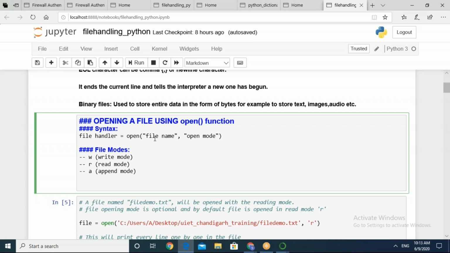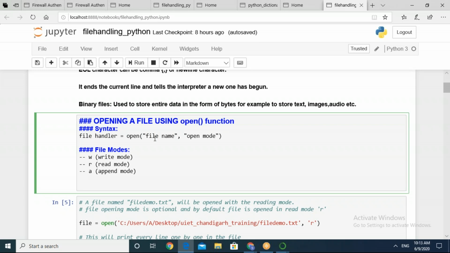Usually, when you're typing, human error may create a problem of file not found. So the better thing is to just copy and paste it in the file name argument, which is the first one in the open function.